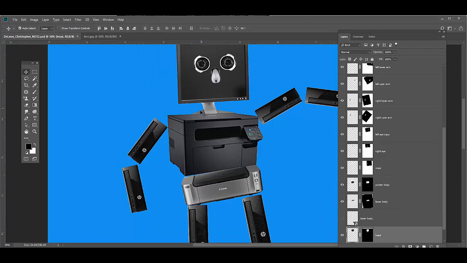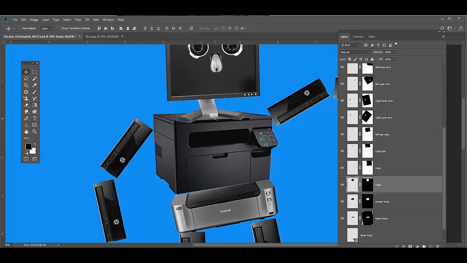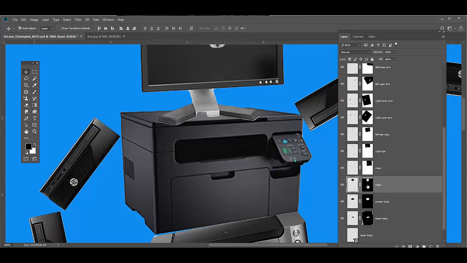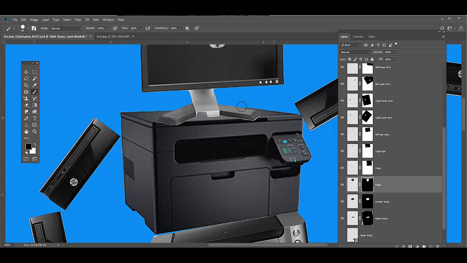So let me just point this out here. Let me put the head above the body. I'm going to show you something here, which is kind of an idea of what I'm talking about. So you want this to look like it's going into this printer. Right now it's actually better than what you had, at least because the perspective has it standing on the printer. But if you zoom in, I'm going to select the layer mask for that layer. Make sure black is my foreground color. Make sure also that I'm in 100% hardness. And then whenever I paint,